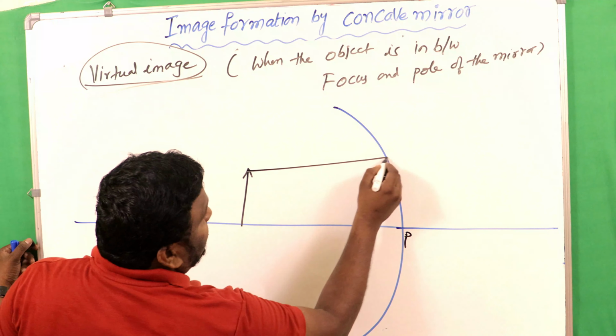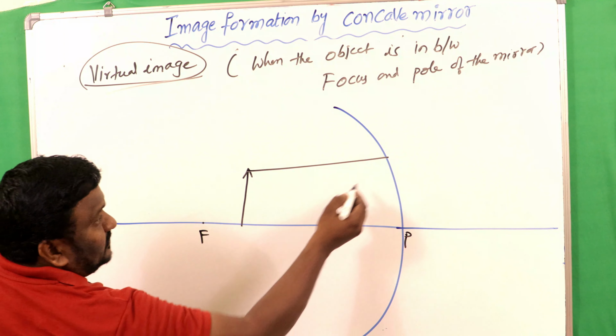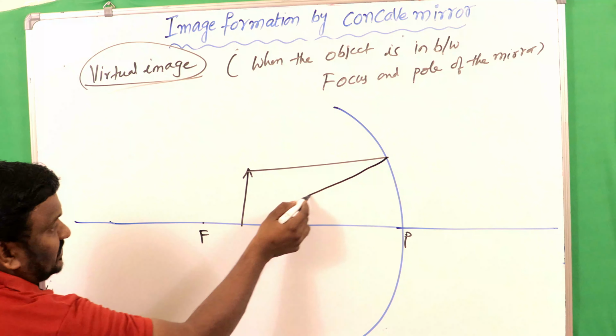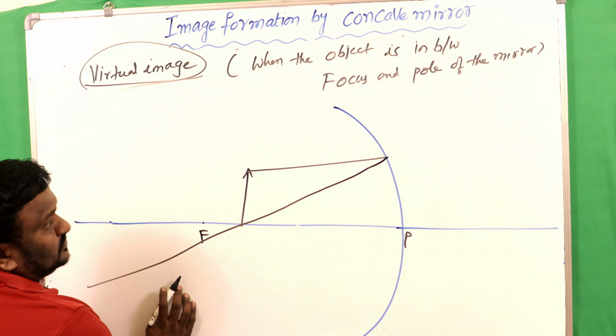Now the object is here like this. Then the ray is going to move like this. And next, this is the ray that should be incident like this. Clear? And if you take the incident ray,